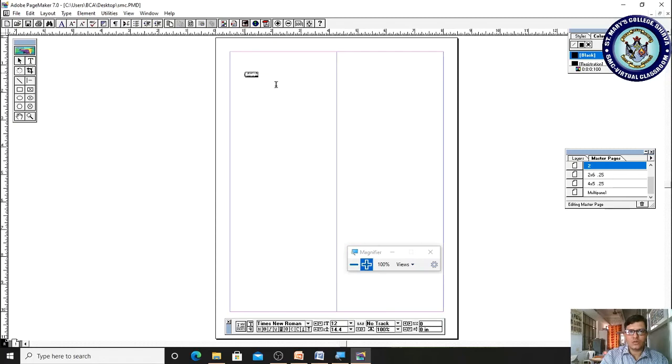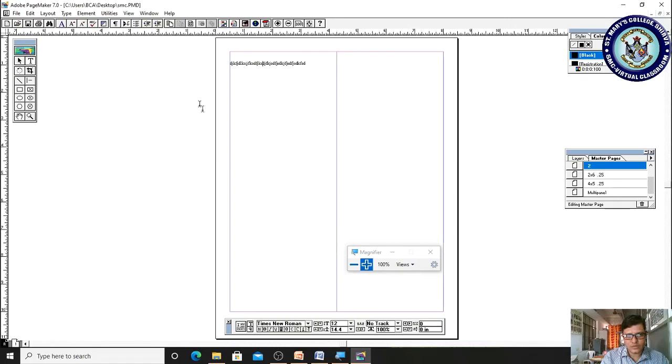Now your content is not fitted here, so let me select this object and drag it. Now you can see the information. Let me take the text and modify it here.